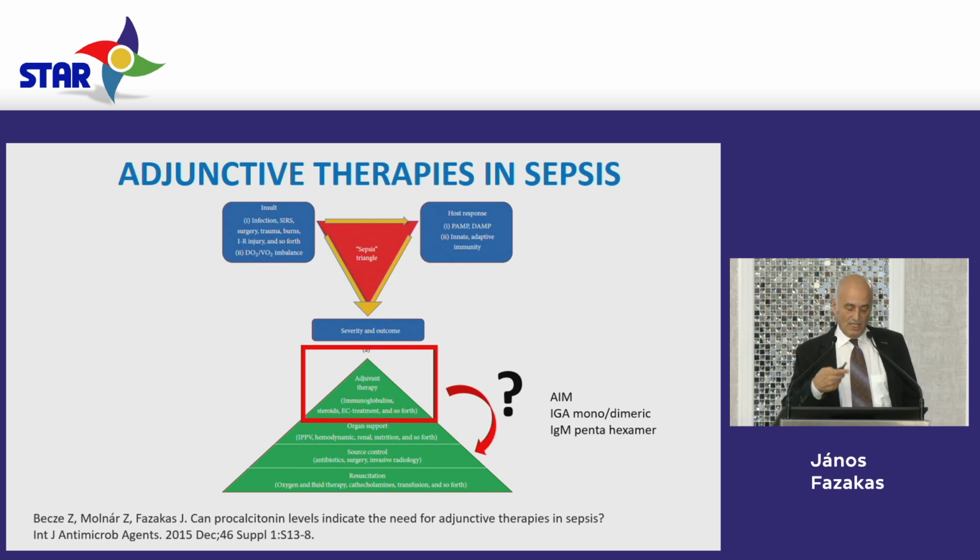You should do the resuscitation, the source control, the organ support, and so on. But if we are able to measure the AIM, and we are able to distinguish the IgA mono or dimeric form or the penta and hexameric form in the future in all patients with infection and sepsis, we will step forward,